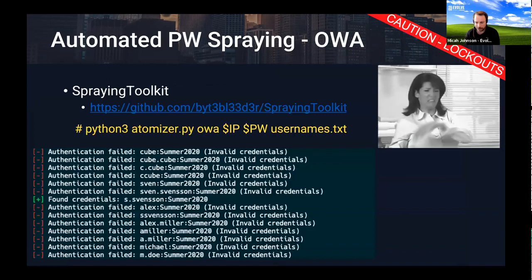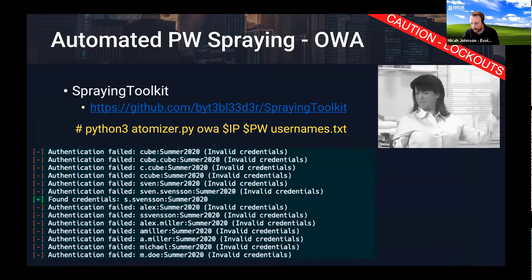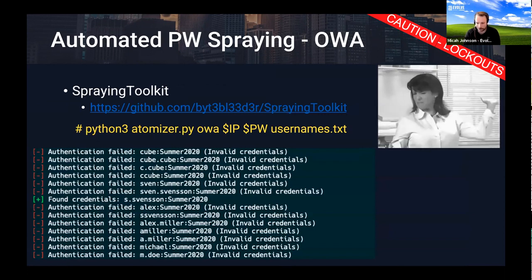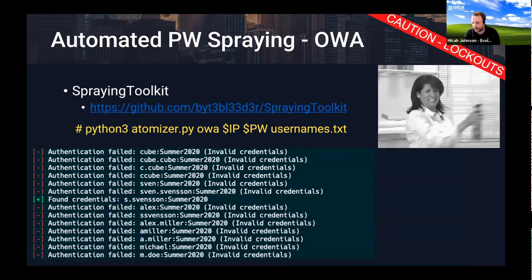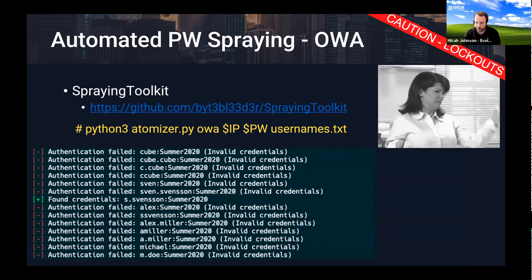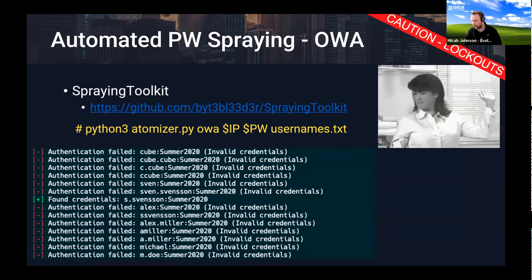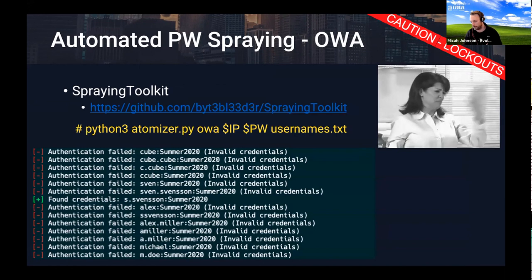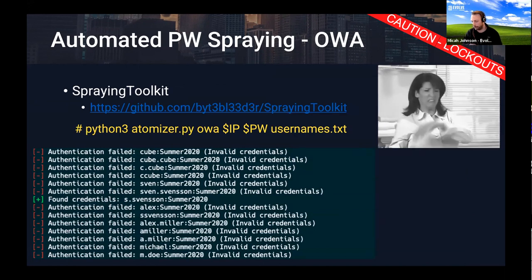And then really the last one is for OWA. This is just another cool OWA tool. There's a lot of resources out there, but this is just another quick tool. It's called Spraying Toolkit, and it's a Python script. Again, this tool iterates through really quickly, and I think sometimes when these tools run super quickly, especially for password spraying,